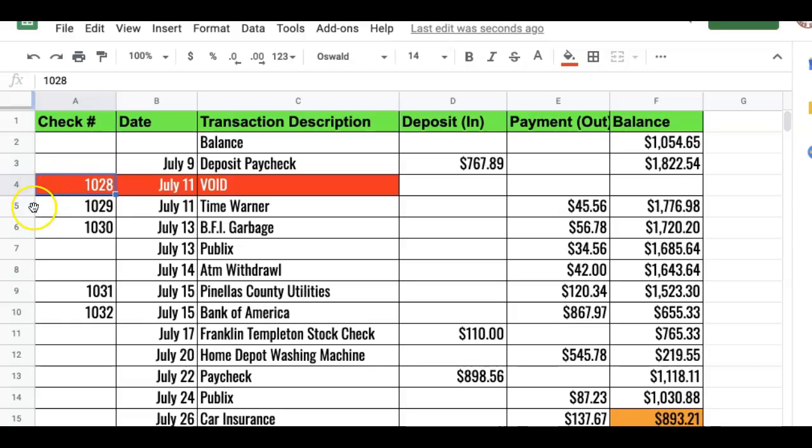And then you just take the very next check in the checkbook and you wrote it out to Time Warner correctly for the amount. So if today's scenario has a voided check in it, you're going to handle it just like